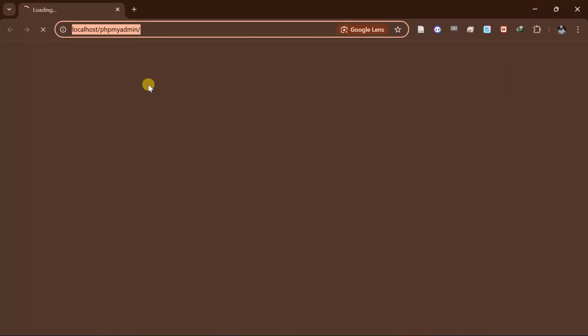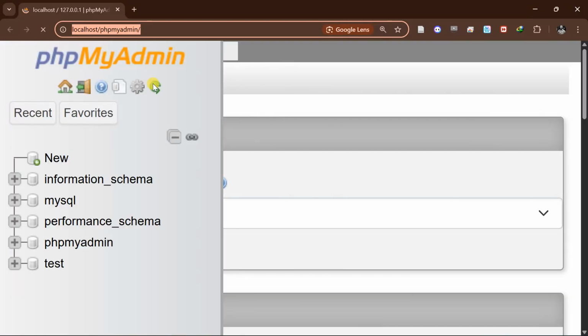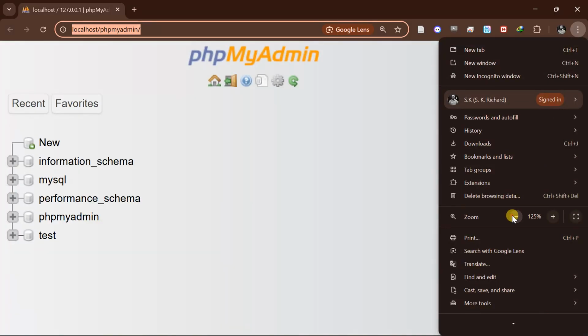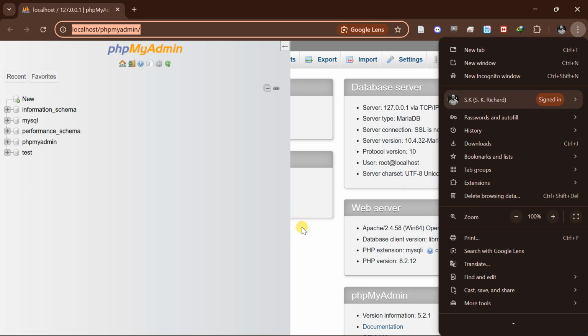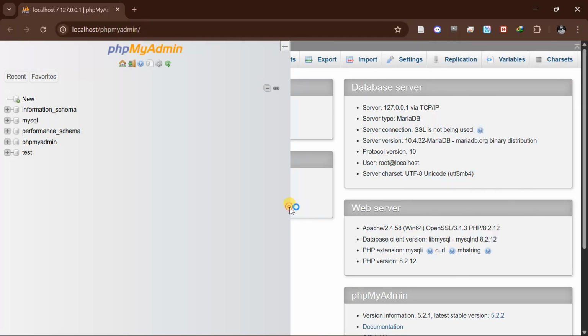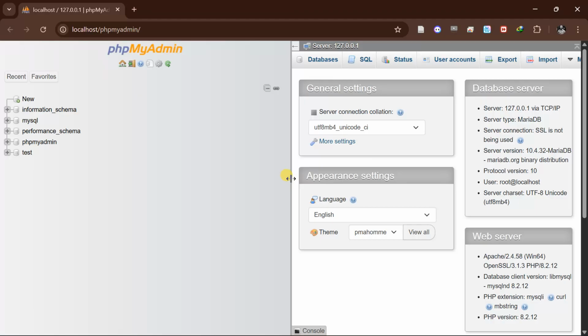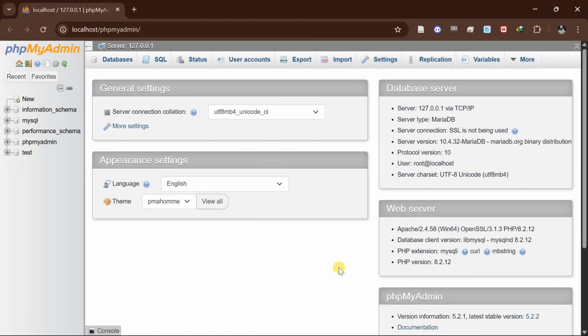The moment you see everything loading, this page is loading, that means my Apache is already set up. PHP is already running because this interface is built on PHP. So if you see this interface, it means PHP is being parsed and interpreted very well. Perfect. So this is our interface for